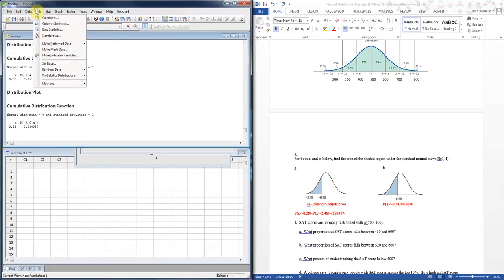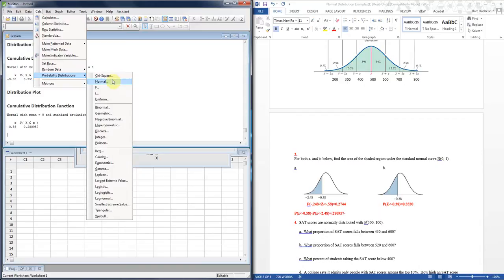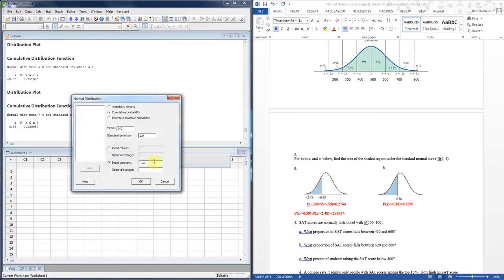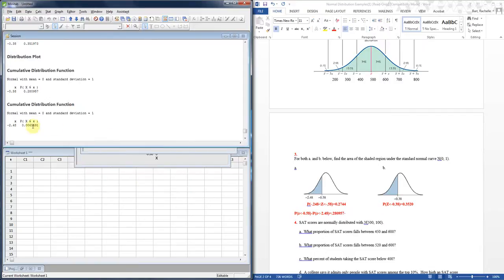So we go up to calc, probability distribution plot, and normal. All my stuff is the same except for I need to put in the negative 2.48. Do I have a negative in there? Yes, I do. And then I just need to hit enter, and that gives me my second probability, which is 0.0065691, and you'll watch this will give us something slightly more detailed,